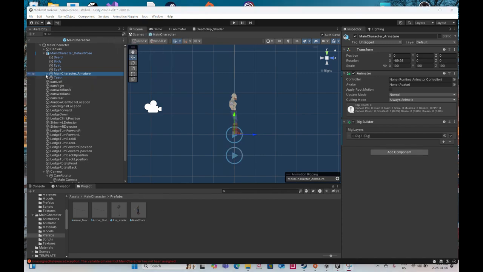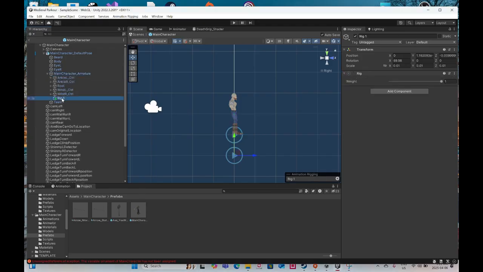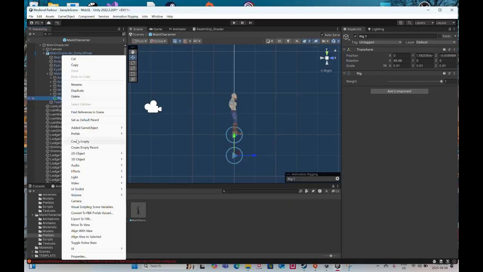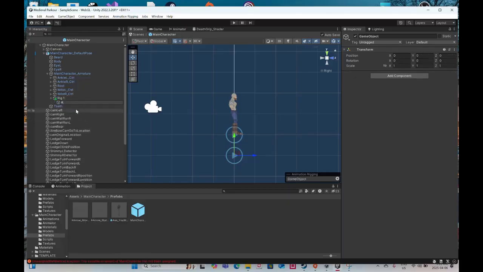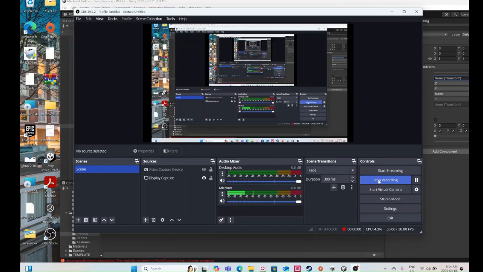I'm going to open up this armature, and at the bottom you should see rig 1. On here I'm going to right click and create an empty, and I'm going to name it aim, and make sure that it's parented under rig 1. And with the aim selected, I'm going to,